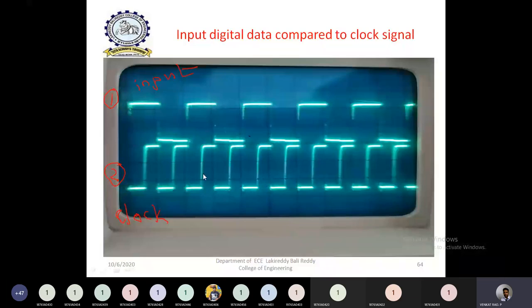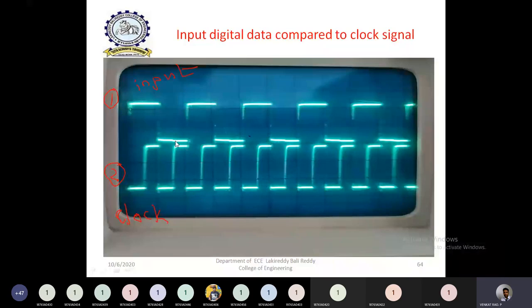I think only one clock time period is there, right? Let us say this is one clock time period, from this point to this point. For every clock time period, there will be one pulse generated. Similarly, for the next clock time period, again one pulse is generated. That means in this particular example, for every clock time period, there will be one pulse generated.